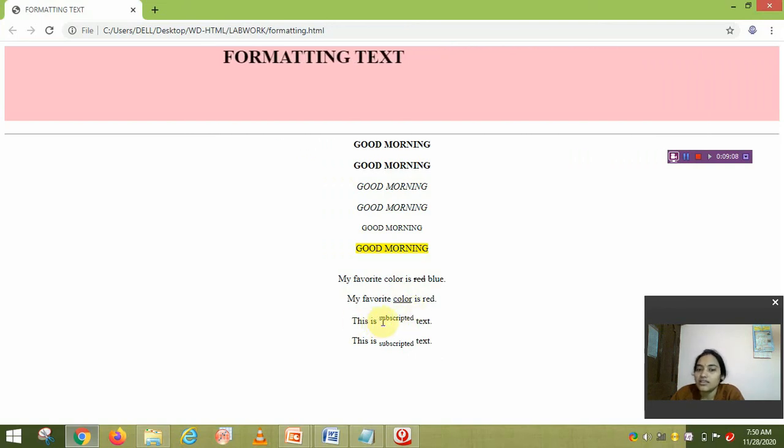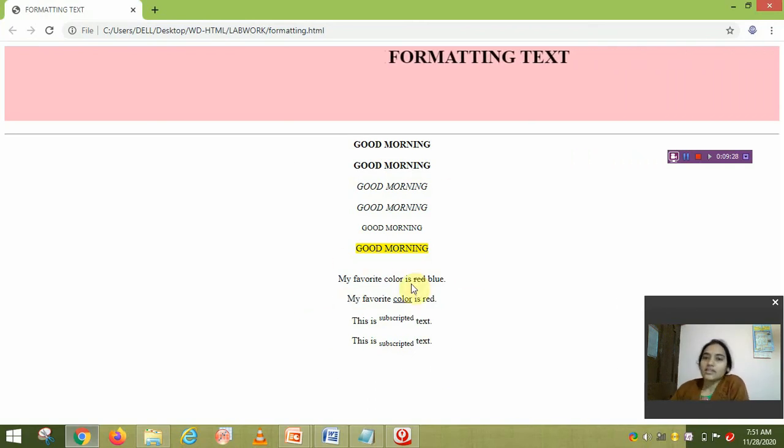And this is superscripted, which means the text is not in the normal line, it is a little bit upper. And subscripted means it is a little bit lower. So all these things are different types of formatting tags.